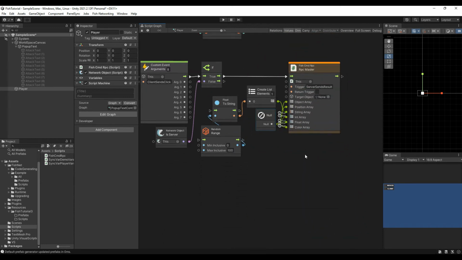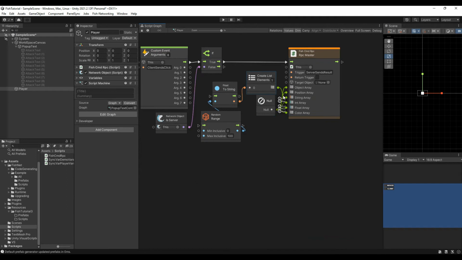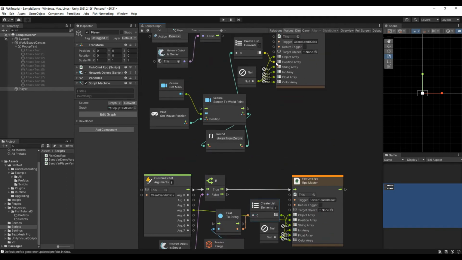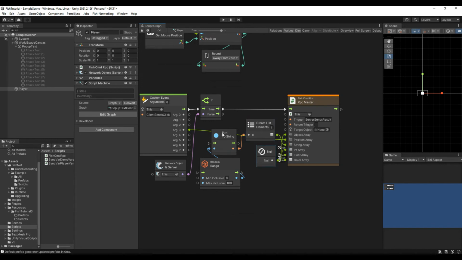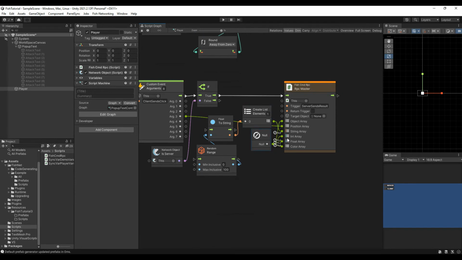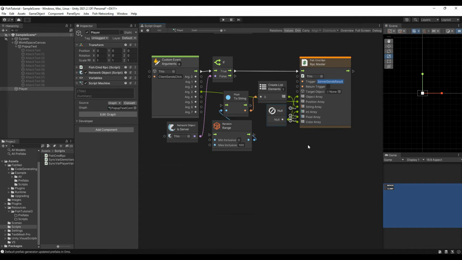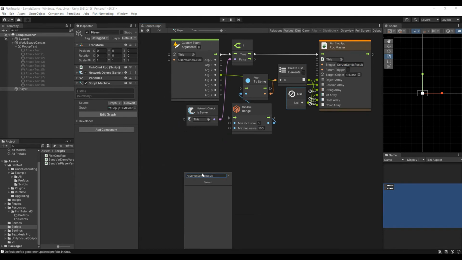All right. So I need to connect my position. That's the 5th one coming in here. So 1, 2, 3, 4, 5. So my position is going to carry over. The nulls will carry over with it because they're already null. And then I want to, on the client side,